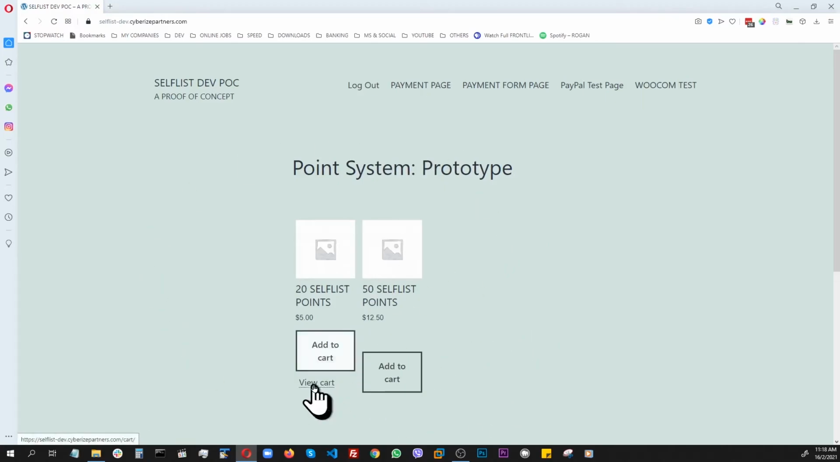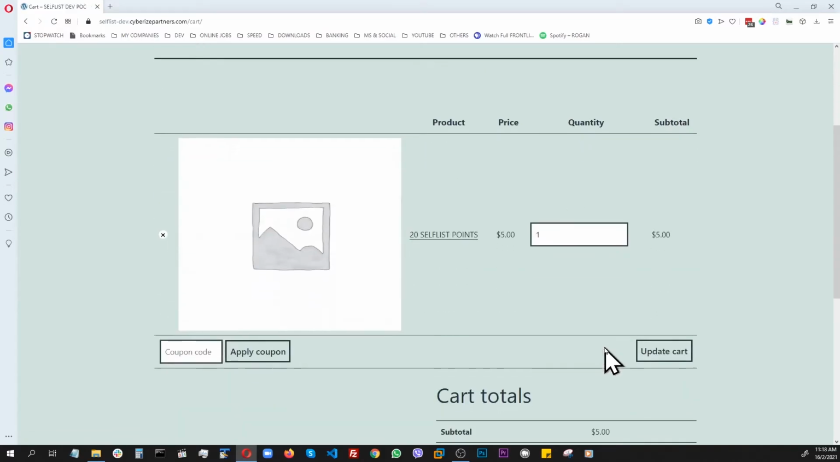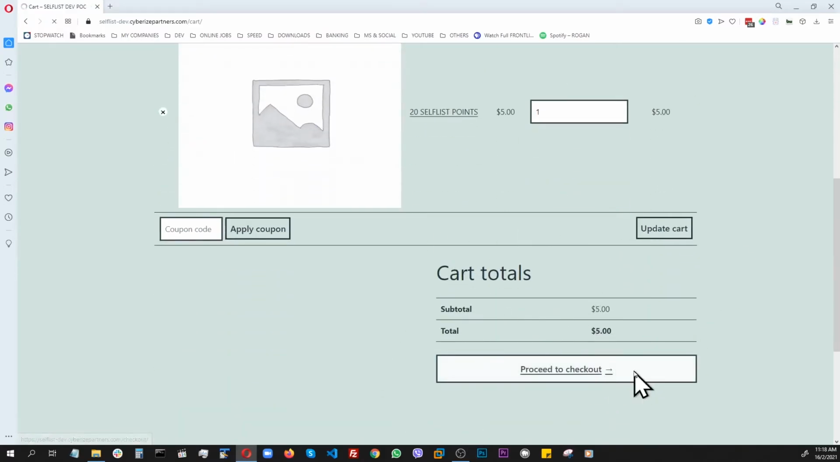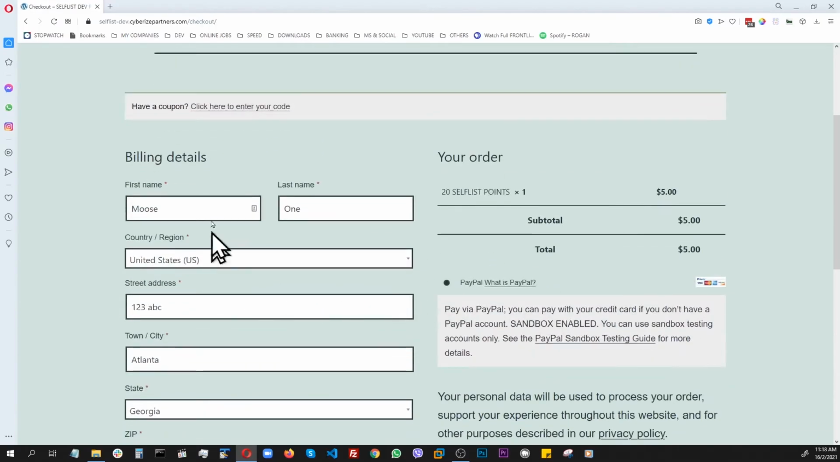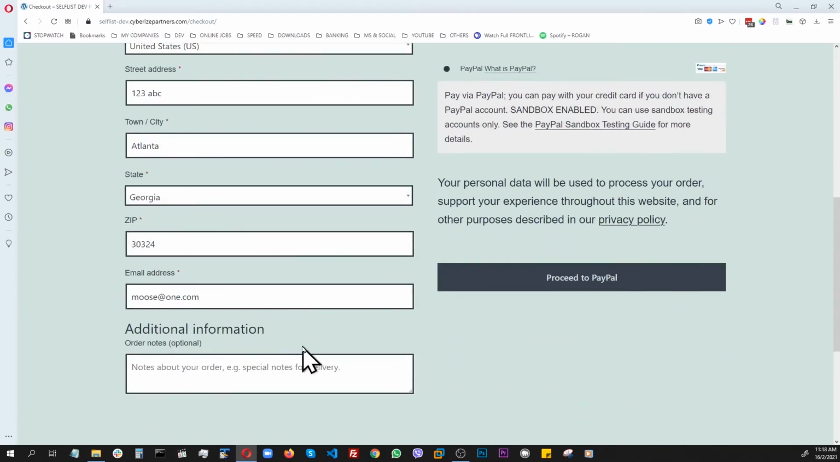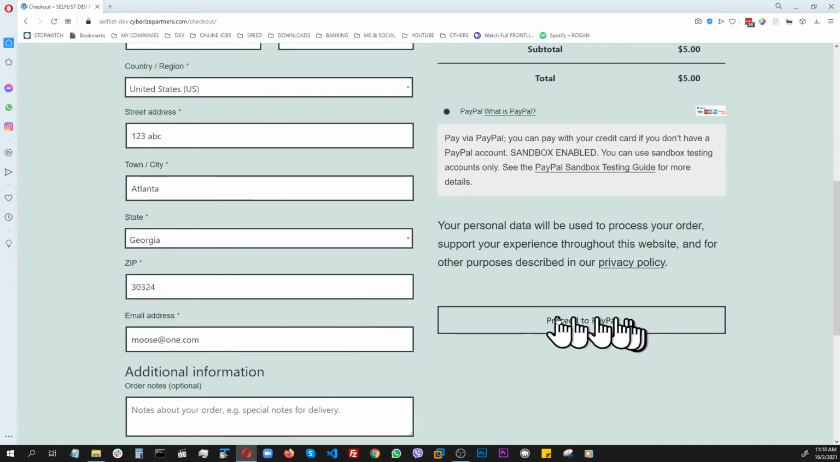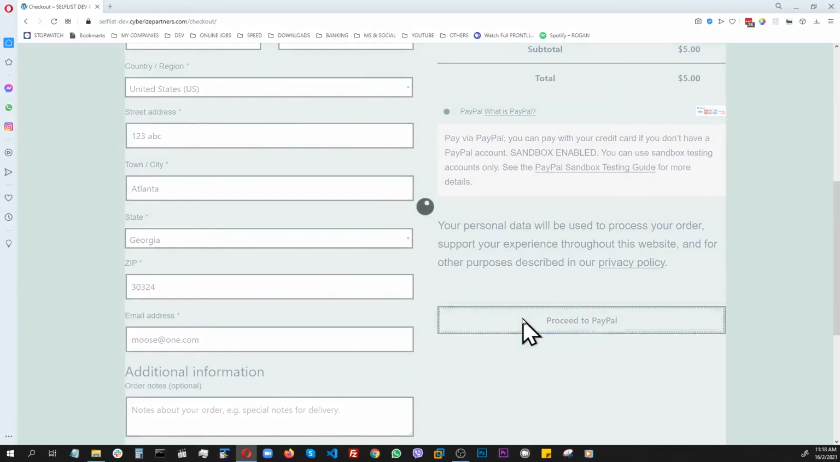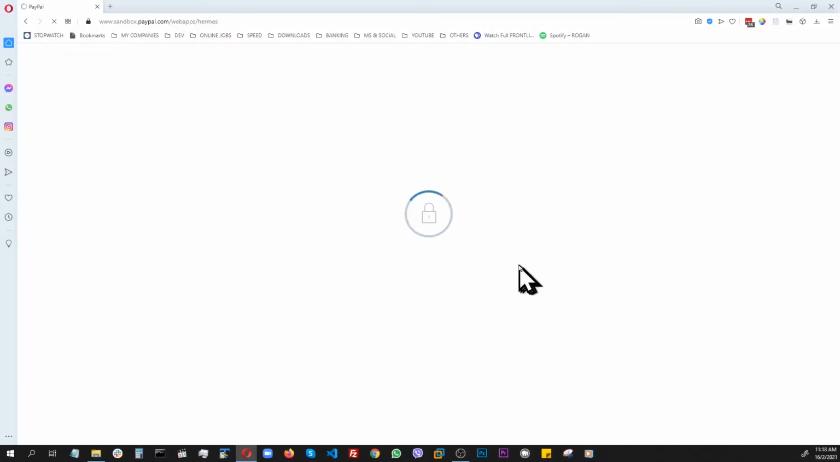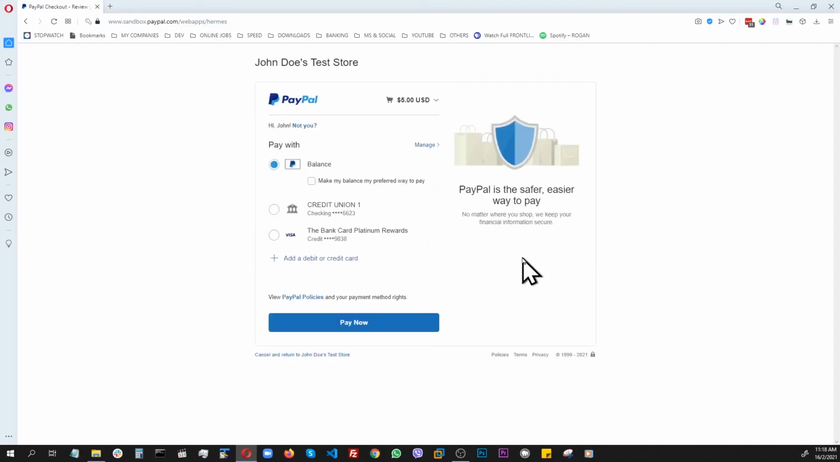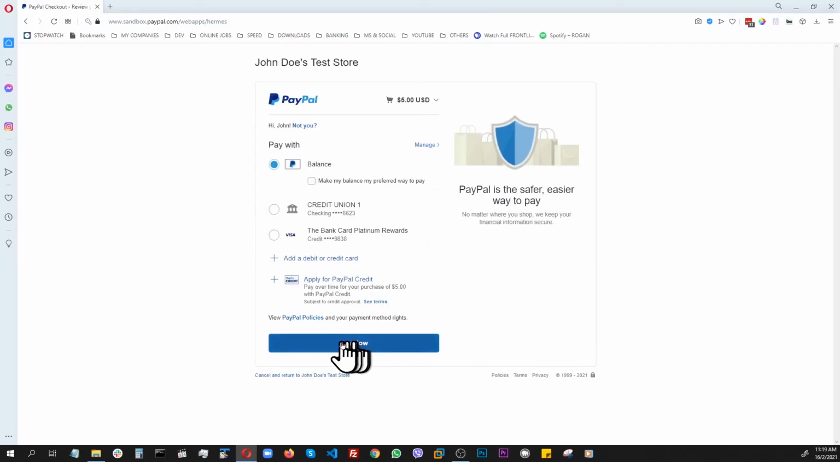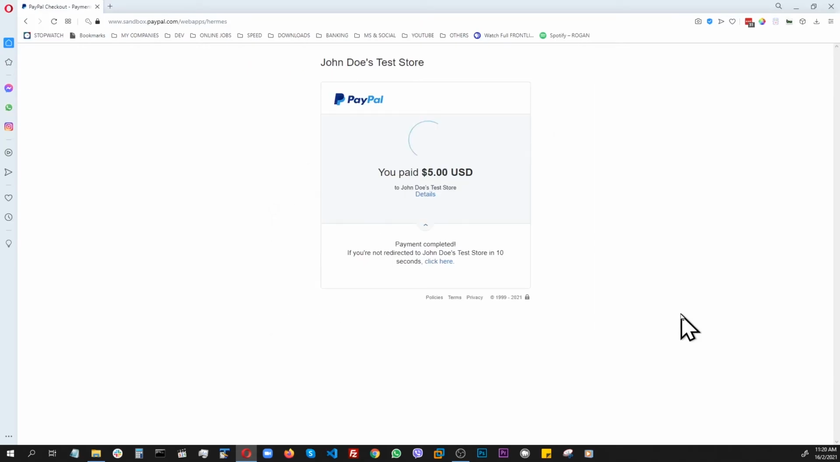Add to cart, view cart. Everything looks right. Let's go check out. All the info is filled in. Likewise, now let's go to PayPal. Usually it's a lot slower when it's sandbox. So we are here, and now let's go pay. Now we have a different screen, and it should be taking us back to our